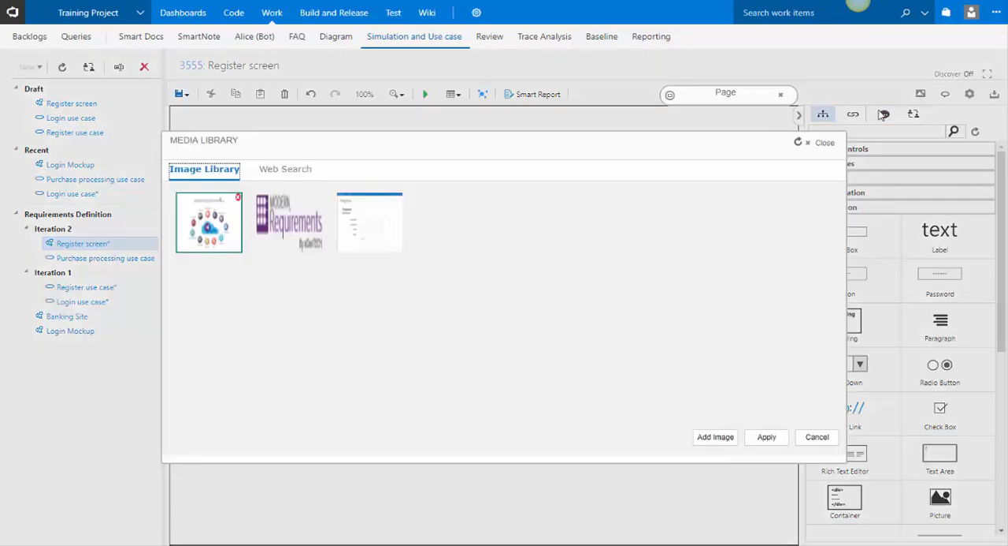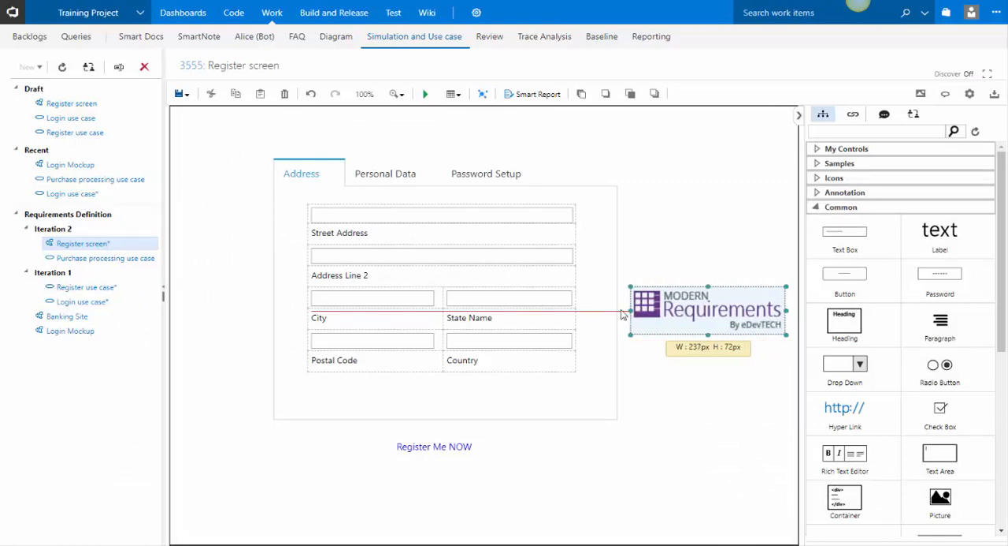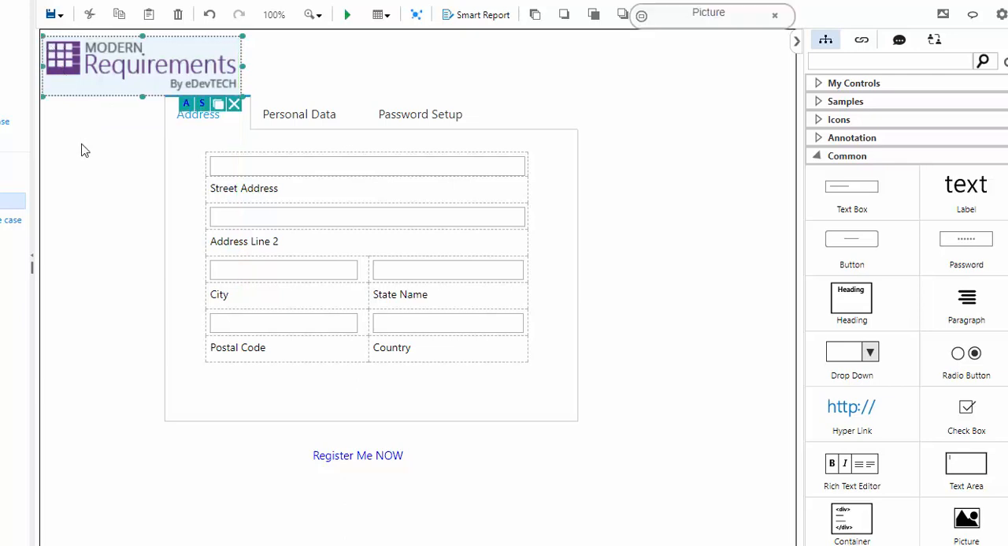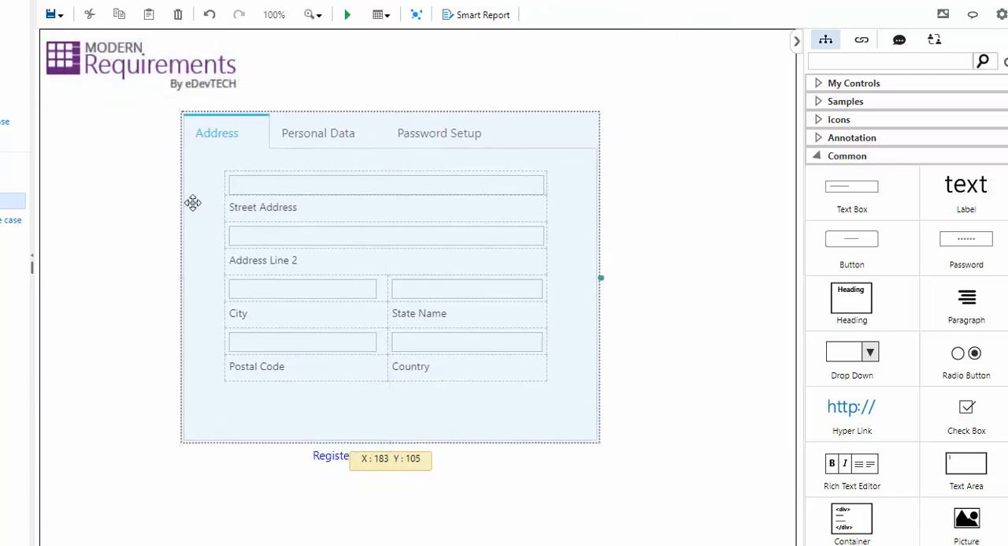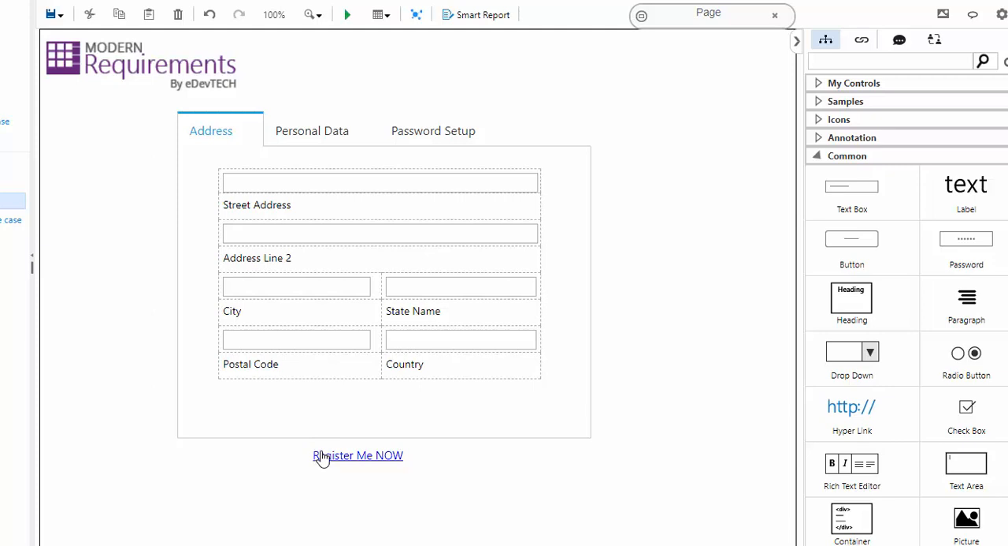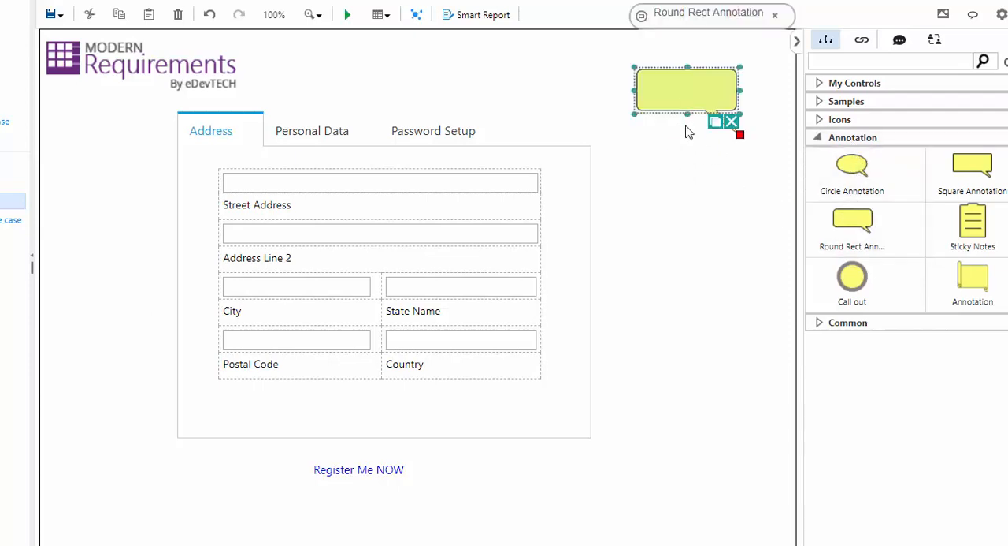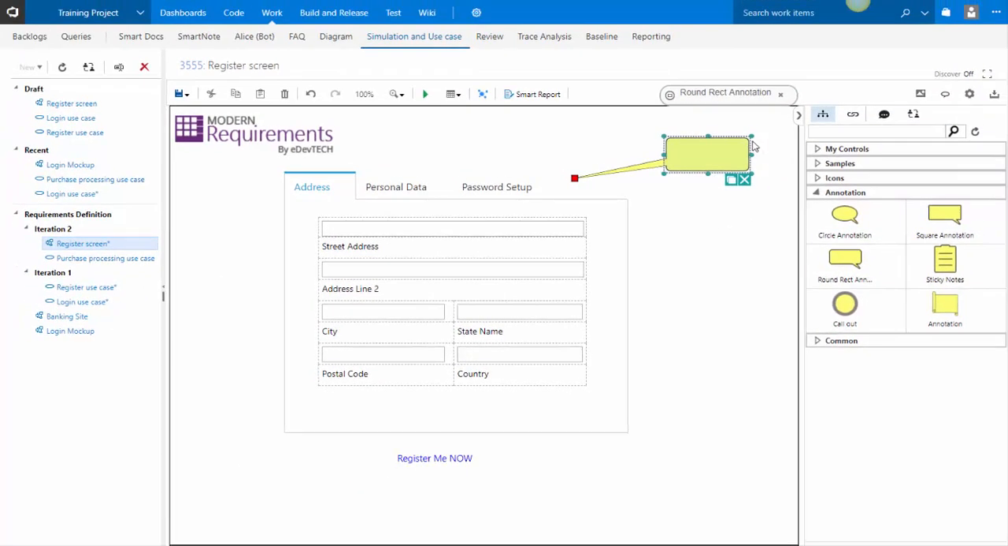Perhaps we'll go in there and pick an image, perhaps our logo, and put the logo in there, like so. There we go. So we've created a mockup with tabs and some fields, a hyperlink, and a logo there. And then what we might also do is annotate on it. So we might go here and point to something and say,